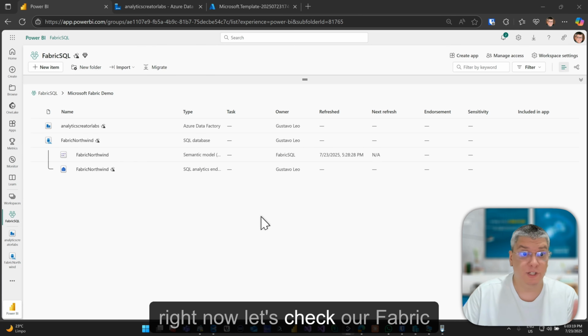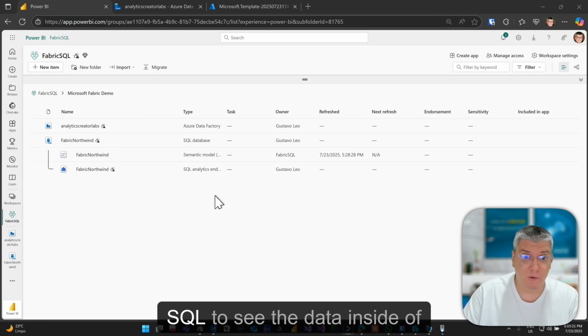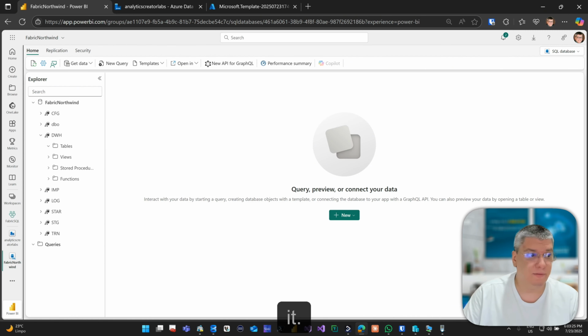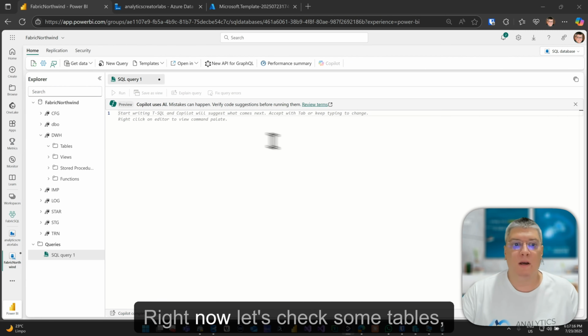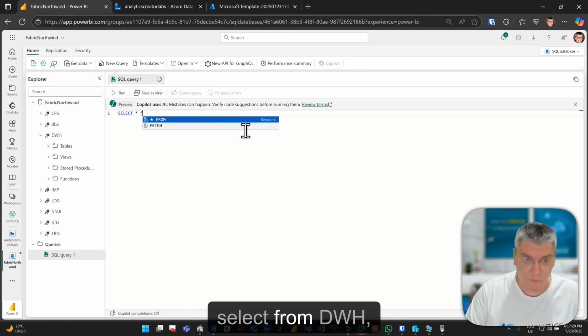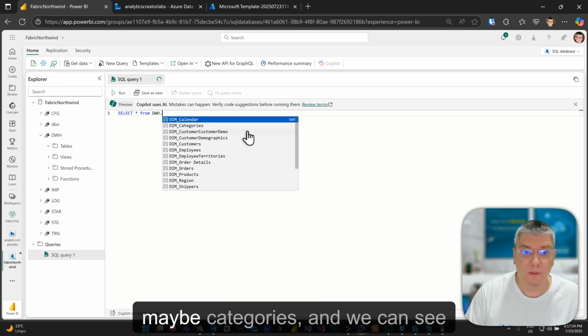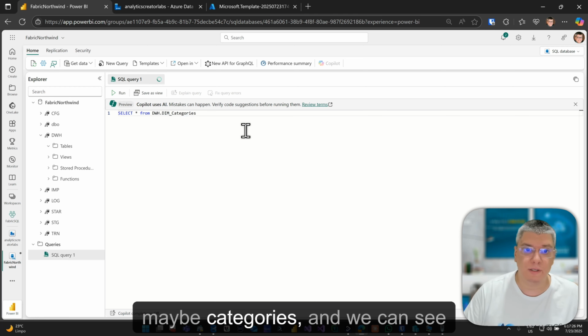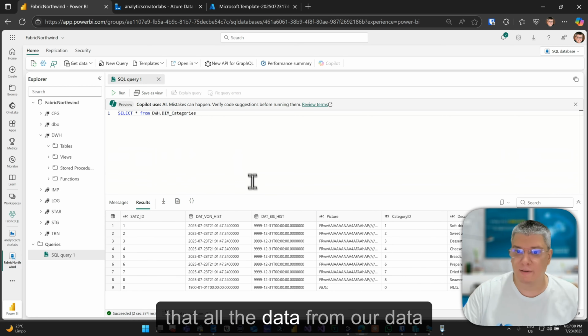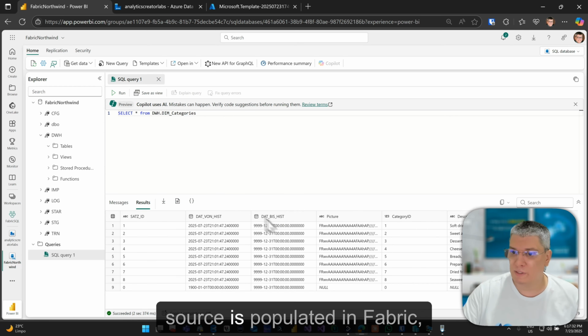Right now, let's check our Fabric SQL to see the data inside of it. Let's check some tables. Select from DWH, maybe categories, and we can see that all the data from our data source is populated